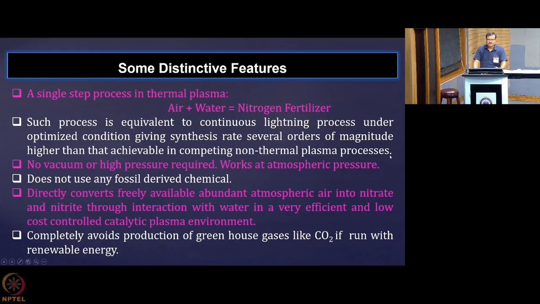The main difference is due to the fact that in thermal plasma you are getting a species concentration of the order of 10 to the power 24 or so, whereas in non-thermal plasma you are getting a species concentration around 10 to the power 19 to 10 to the power 20 at most. So you are having a 5 orders of magnitude difference in the species concentration itself.